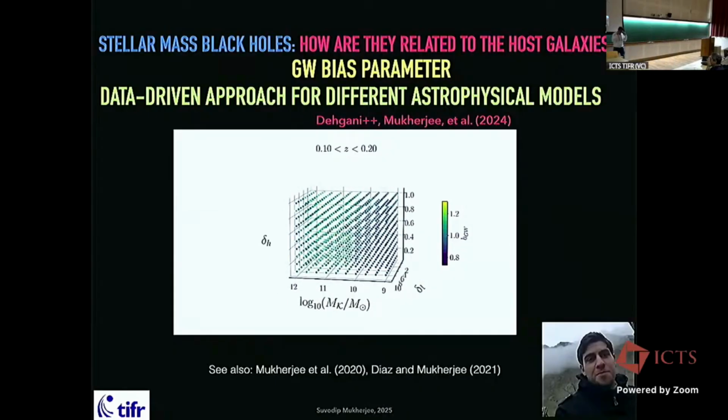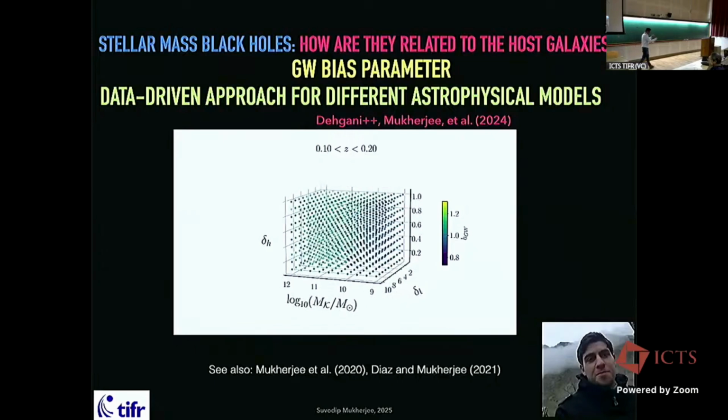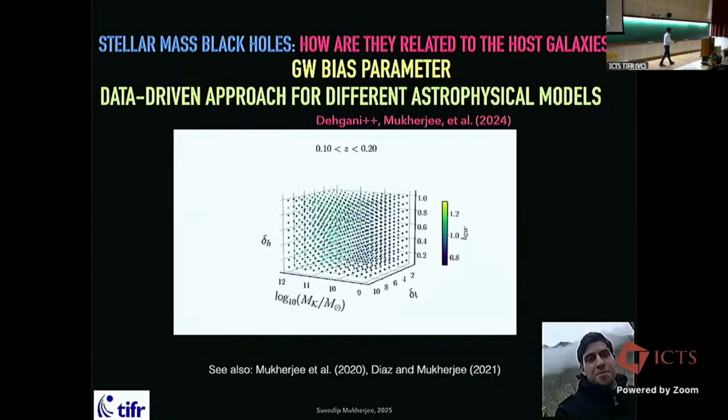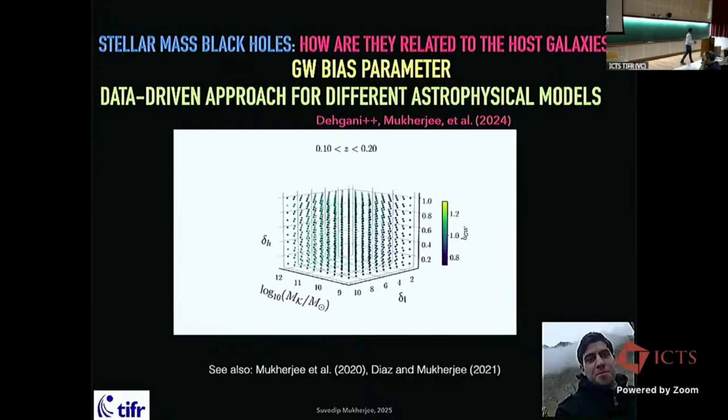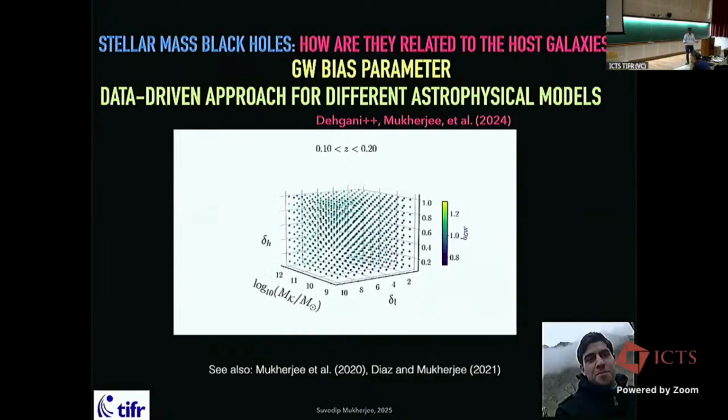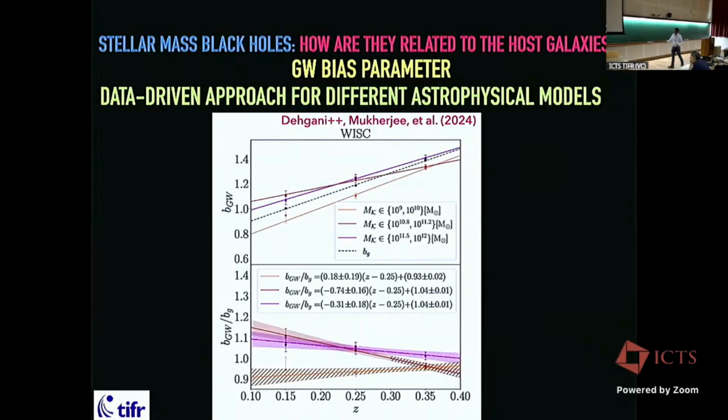This is a data-driven approach where you take the galaxy catalog, put in your best known astrophysics, and try to ask what will be the prediction for the bias parameter that I can measure. That's the plot which you are seeing. This has gone into his PhD thesis, which has shown how well I can measure the galaxy bias as a function of redshift evolution, and, with respect to galaxy bias, how the gravitational wave bias will look